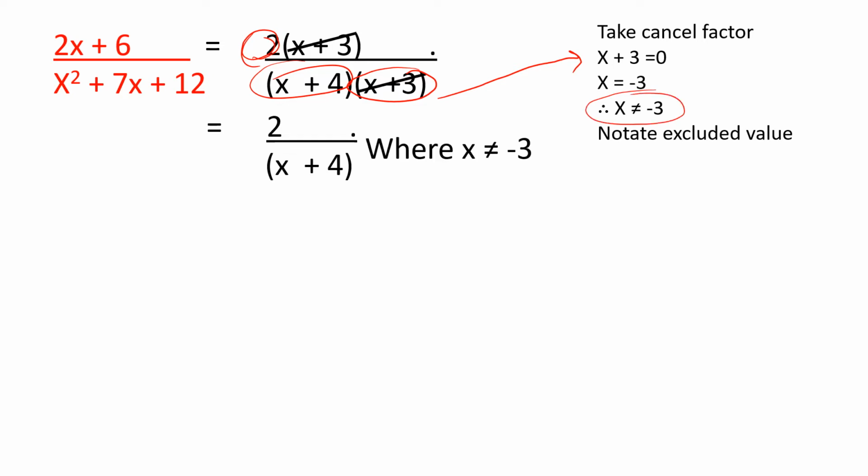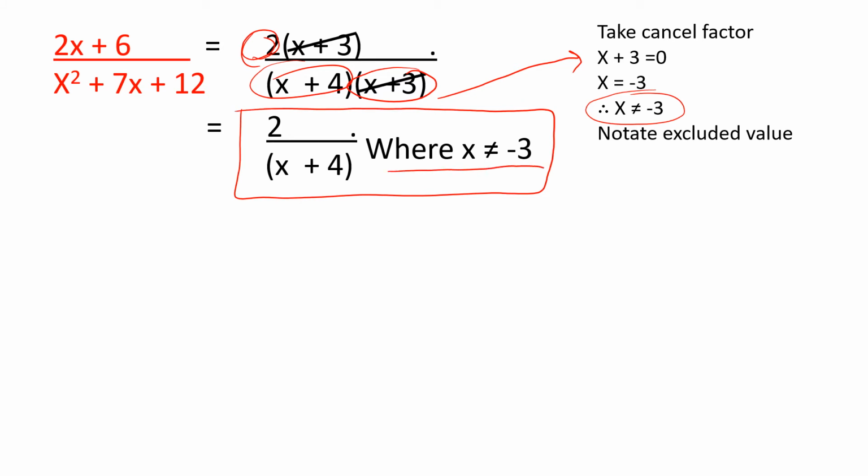So when you write your final answer, this is what you have to have. You have to have the reduced fraction with this notation that x cannot be -3. Let's do another one. So you might try this one on your own if you want to stop the video